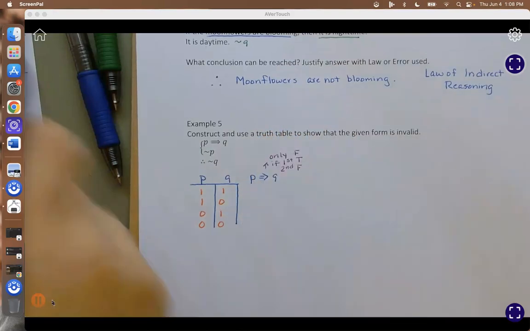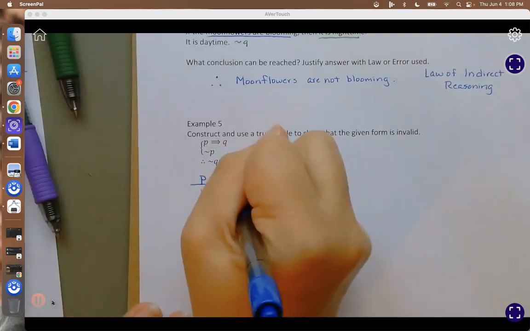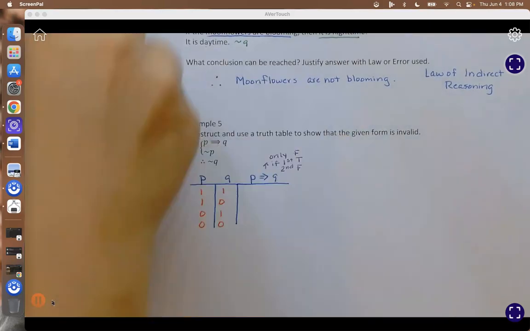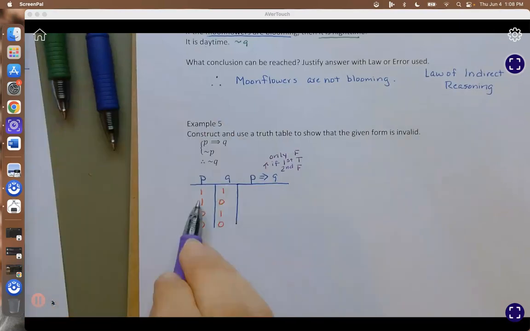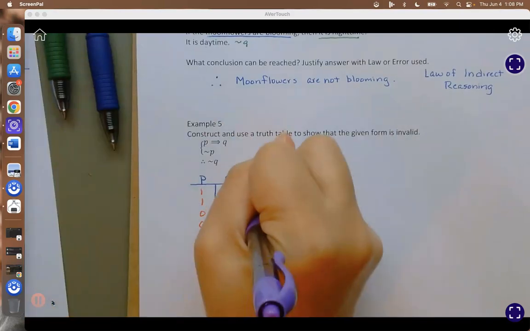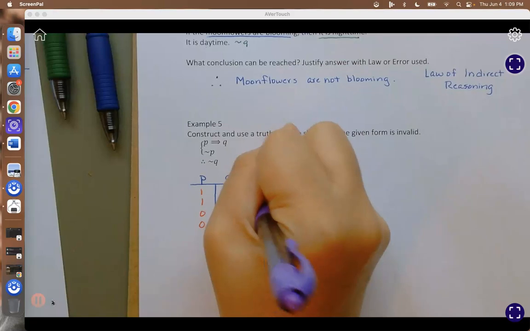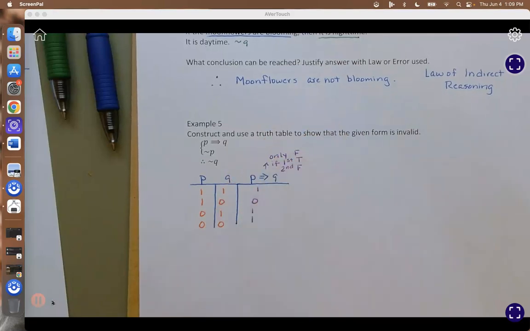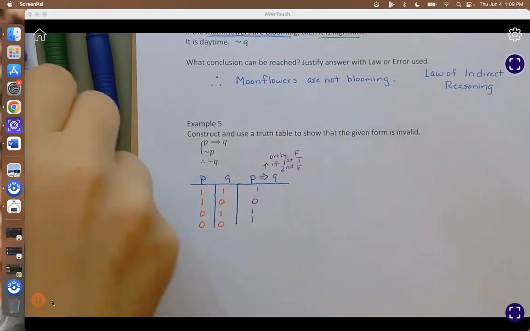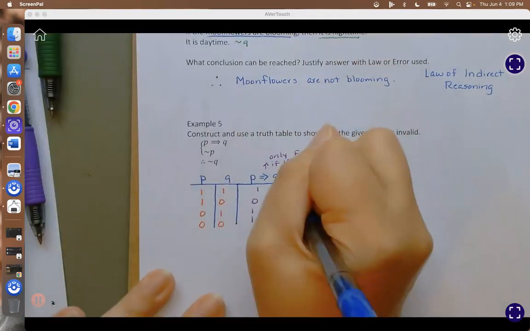So if P is true and Q is false. Okay, so P is true, Q is false, so that one is false. But the rest are true. Okay, so then we move on to the next premise,